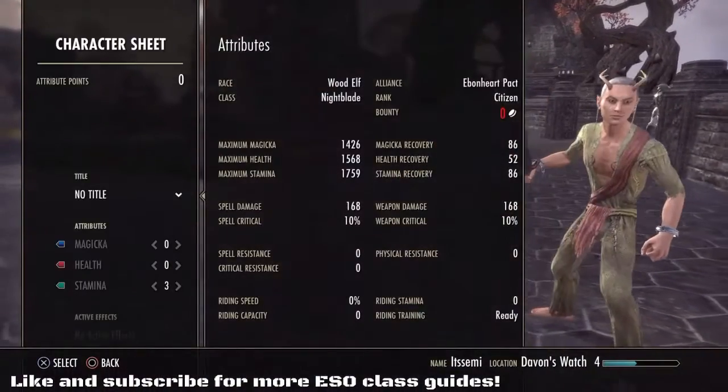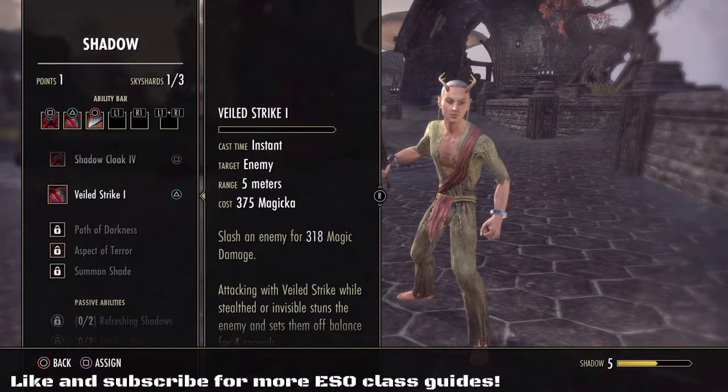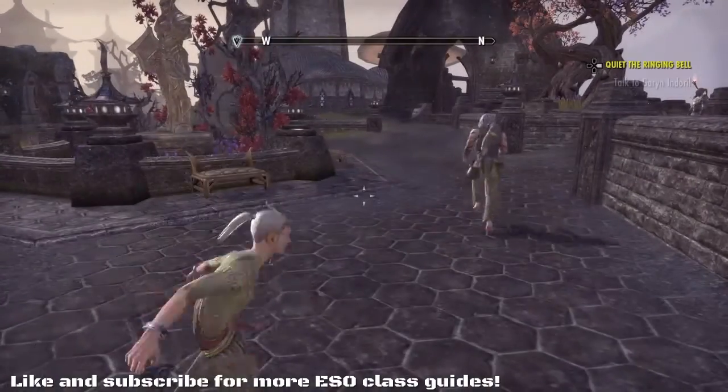Now, something else to have a ponder about, or just have a look at, is shadow skills. So I've put a skill point, I was about to say mana point, I don't know why, my words today, been at work all morning. But yeah, I put a skill point in Veiled Strike, so rather than just having your standard attack,